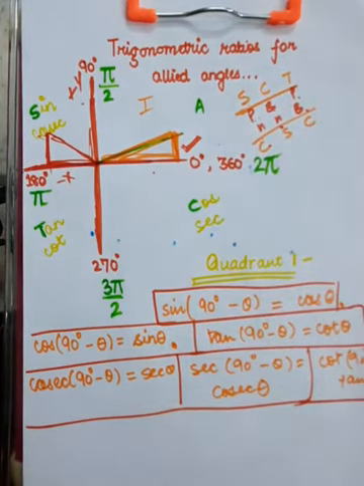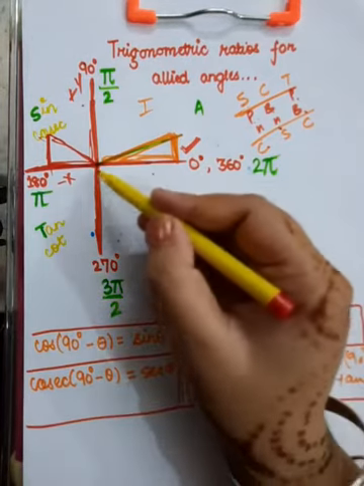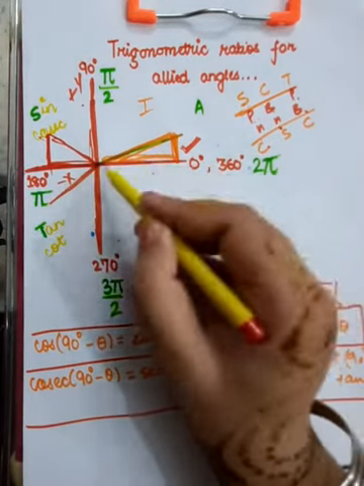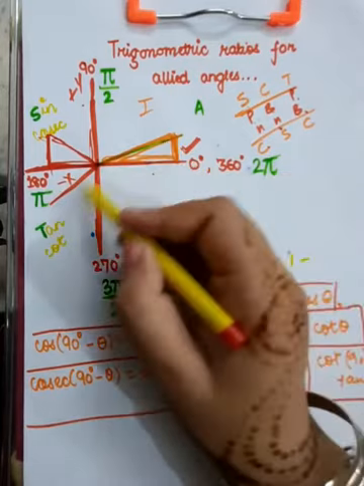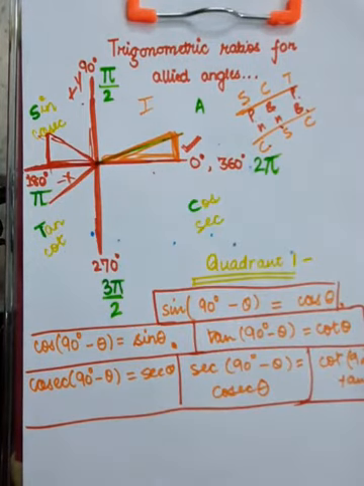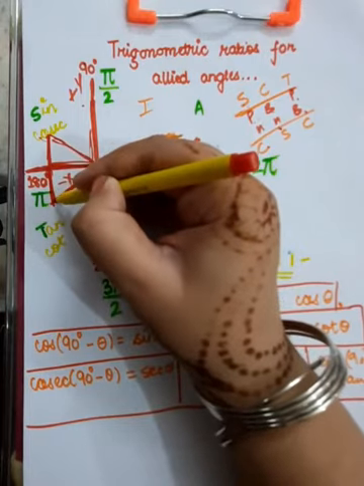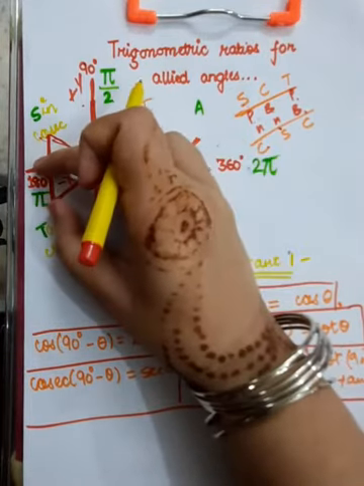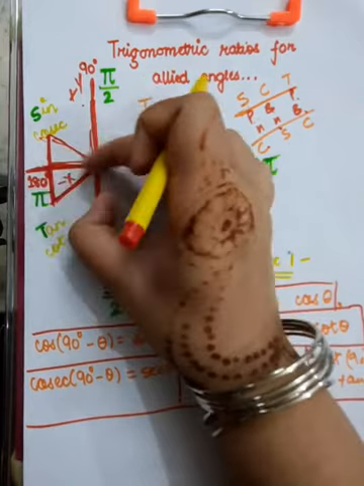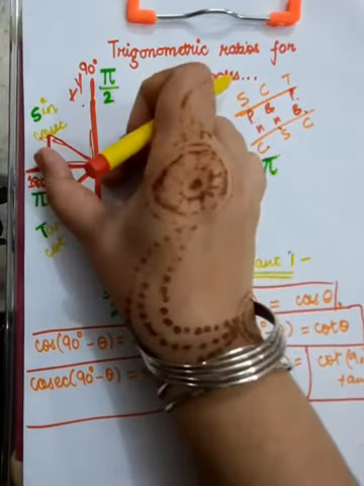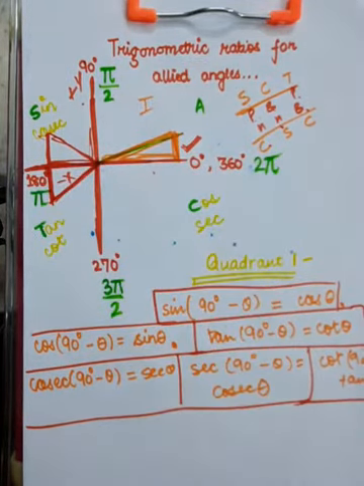Okay, so after that, let us move to the third quadrant. Now suppose you have the revolving line in the third quadrant. Now when it has come to the third quadrant, if I say that tan and cot are the only positive t ratios in the third quadrant, how will I justify myself? Because you can see that the perpendicular of this revolving line is negative. You can compare it, it corresponds to the negative y-axis, but the base also corresponds to the negative x-axis.